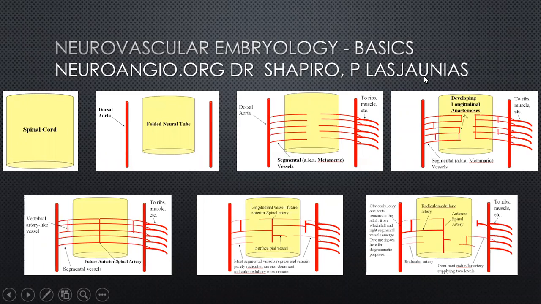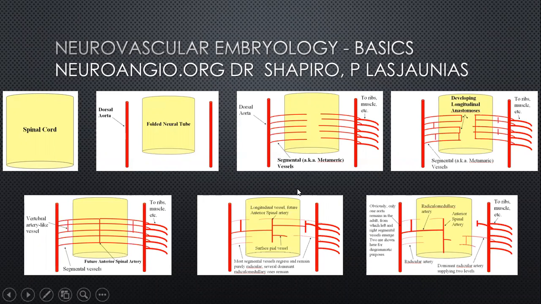He's dedicated his life to the understanding of this. He's written volumes of this, and if you haven't got enough time, then certainly try and look into this web page created by Dr. Shapiro and his colleagues. This is something that I have borrowed from that. It's an excellent depiction of how the neurovascular structures have formed in us, but also gives us a great insight as to how they have developed subsequently over years, over millennia, from fish to the current Homo sapiens.